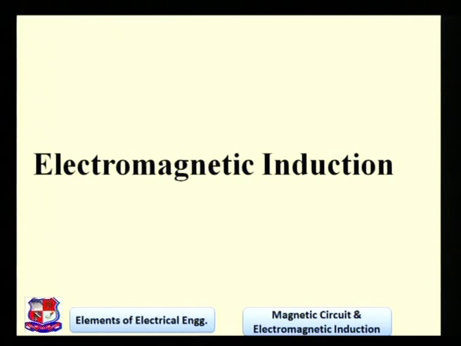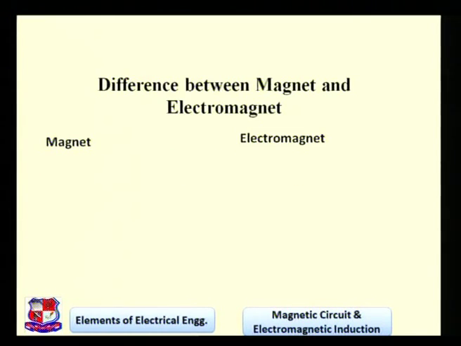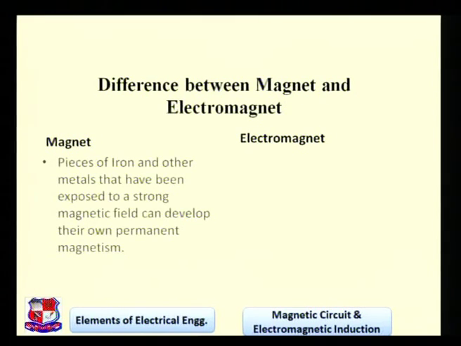So these are the two examples. Now we will see what is electromagnetic induction. Friends, before going to electromagnetic induction, we have to see what is an electromagnet. There is a difference between a magnet and an electromagnet. Here we can see the difference between magnet and electromagnet. What is a magnet? So a magnet